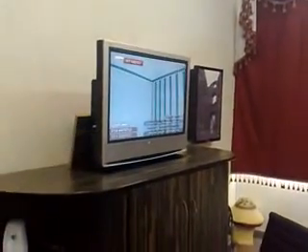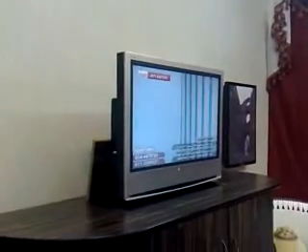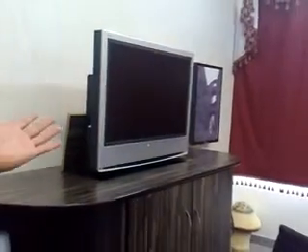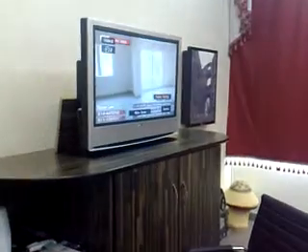I want to turn off this one. I can control it from here. There is a TV power button. Sometimes there is a TV power problem and it's not sensing. I can press it here and it will be off. It's very simple, the same like our remote button. Now I press again, it will be on. When sometimes we need the power of this one, we can press it from here.